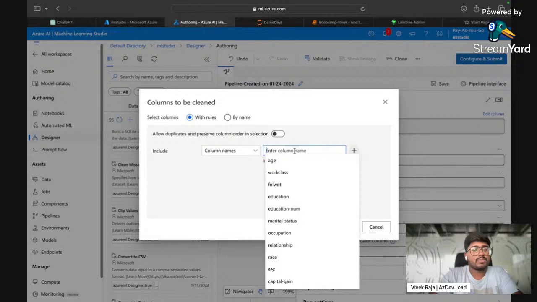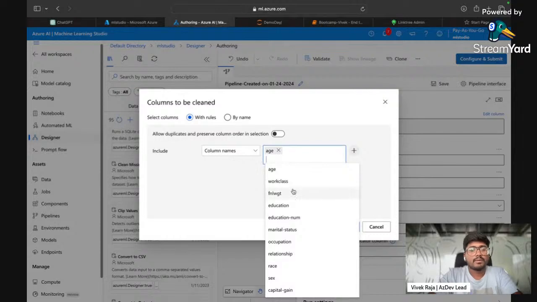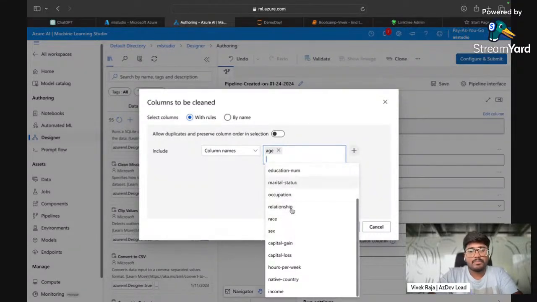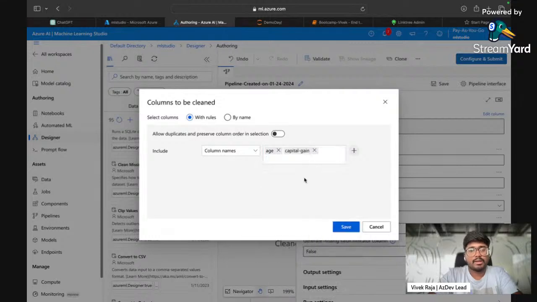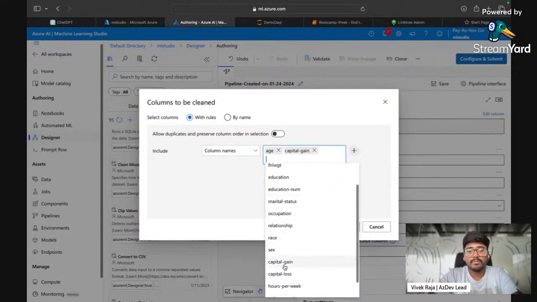It has loaded the columns itself. I'm going to clean age, if there are any missing values. And let's say I'm also going to clean capital gain and capital loss, and make it the average if there is a missing value.